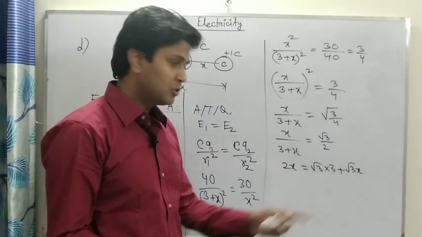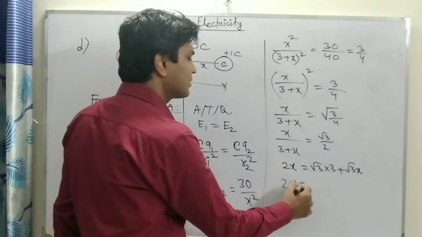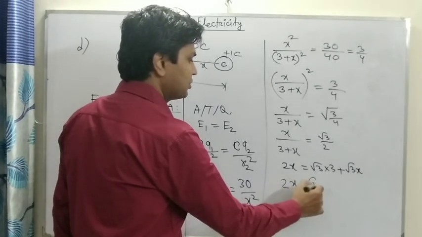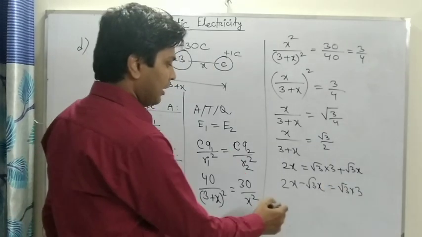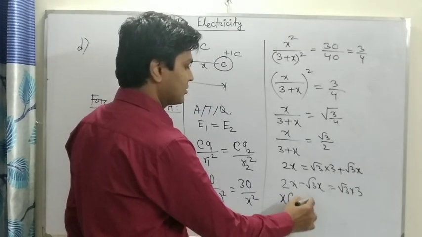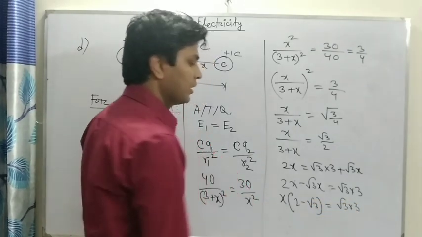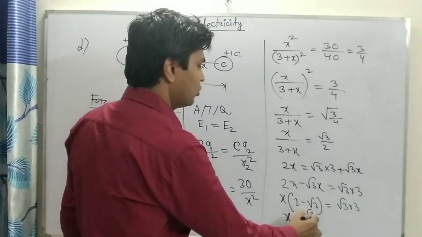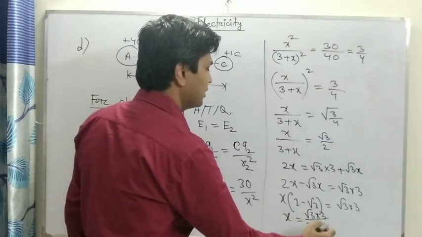And if we move root over 3x from the right side to the left side, then we can write 2x minus root over 3x equal to root over 3 into 3, and if we take x common, then we can write x into 2 minus root over 3 equal to root over 3 into 3. Then the value of x will be x equal to root over 3 into 3 divided by 2 minus root over 3, which value is